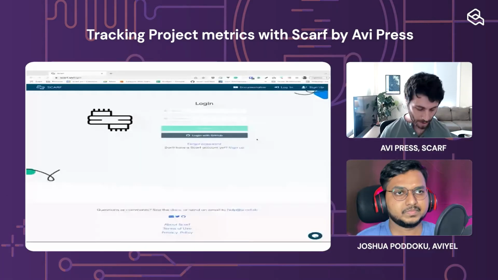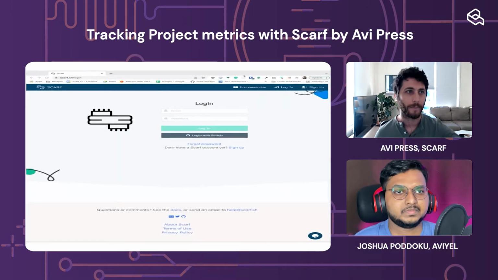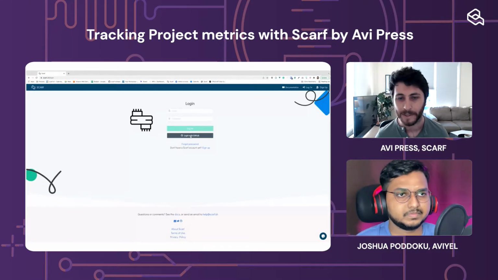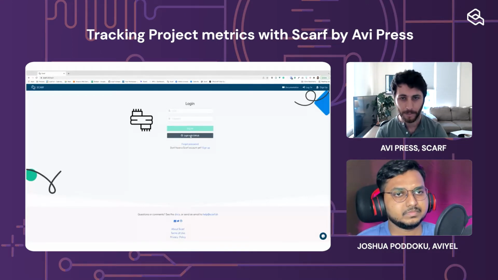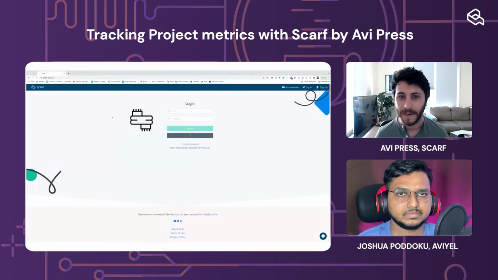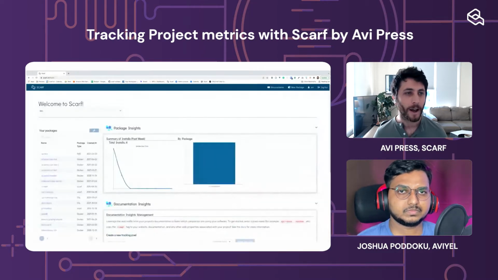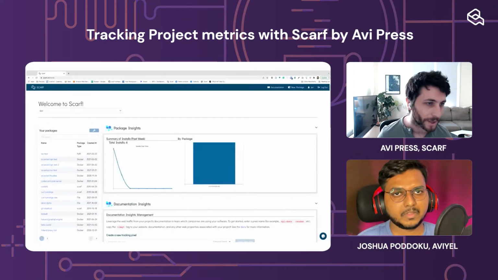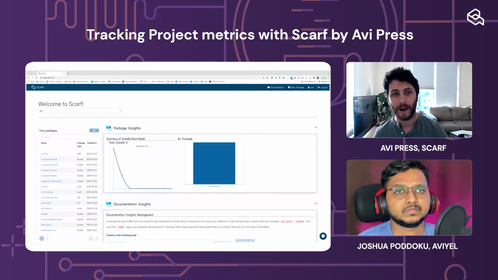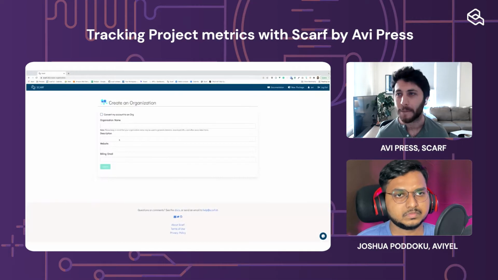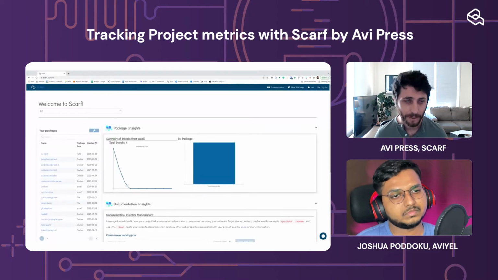From the dashboard here, we essentially have on scarf.sh, our website, a web app for you to manage and see, at a very high level, how things are going. There's a lot of dummy data in here, but if you were getting started for the first time, one of the things you might want to do is set up an organization by which you can manage all of your software. I'm going to skip this for now, but just to give the notion that your software might be within an organization, or it might just be something that you are managing yourself.